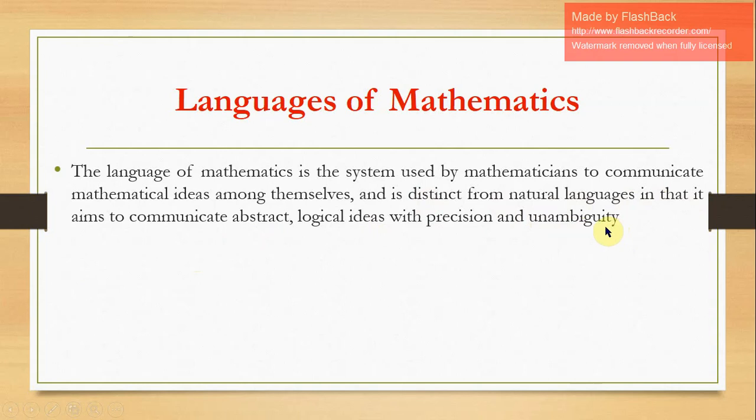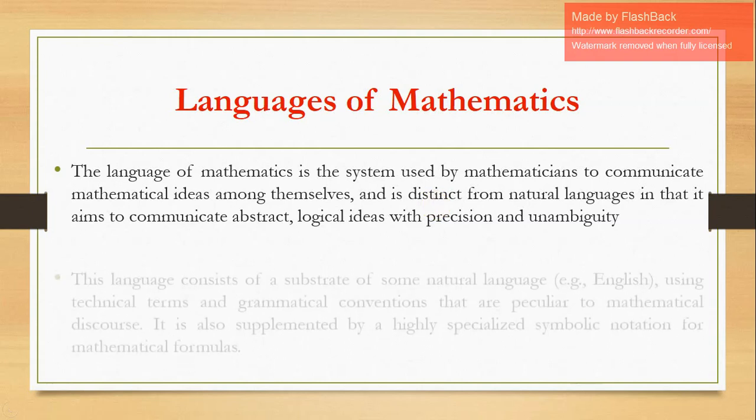Because when we use the English language in writing mathematical sentences, it will create ambiguity, malilito, because the English language cannot describe exactly what mathematics language is. Now, that's why mathematicians created their own language of mathematics. Yun na yung na-form, language of mathematics. But some English words are being used in mathematics also.